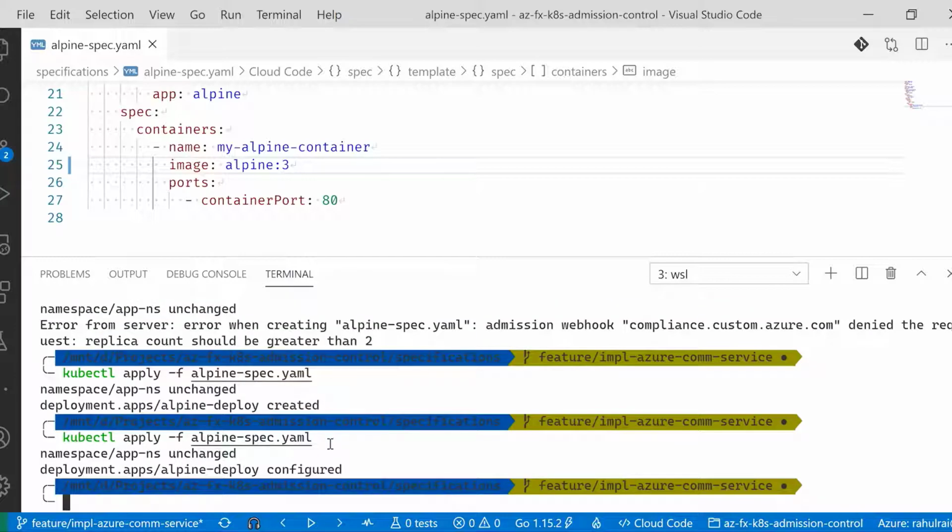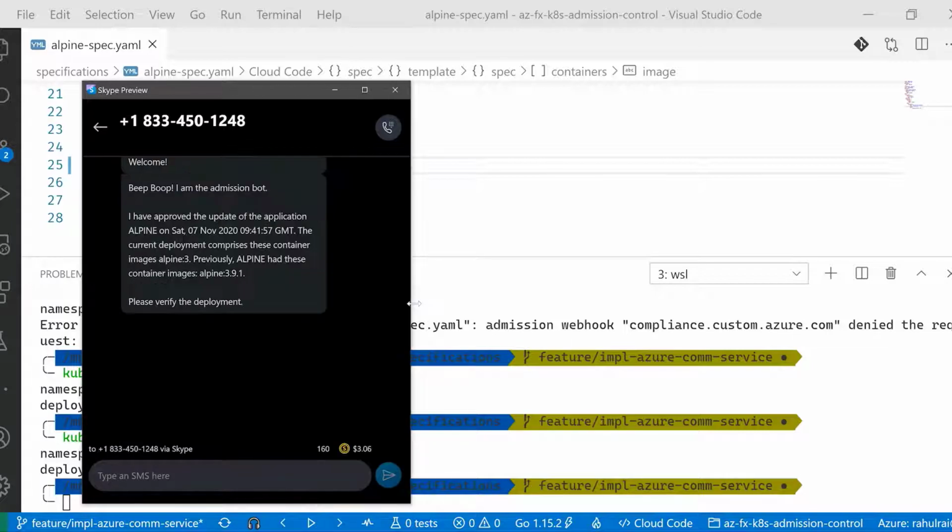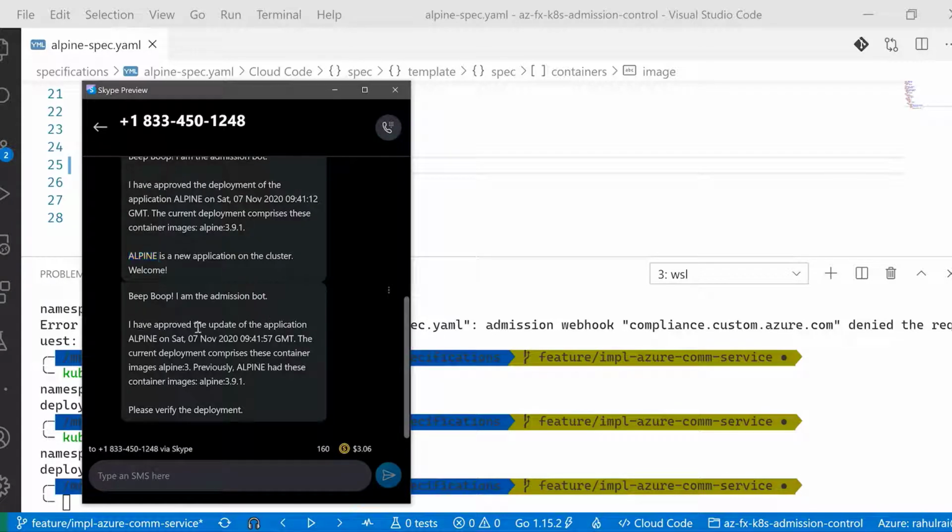And this time you can see that the deployment was successfully updated. I received another message. Let's see what that SMS is. So if I expand this a little bit, you can see that the third SMS says that the update was approved by the Azure function that we created.